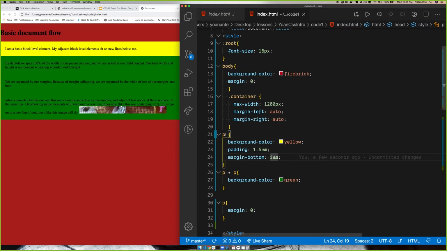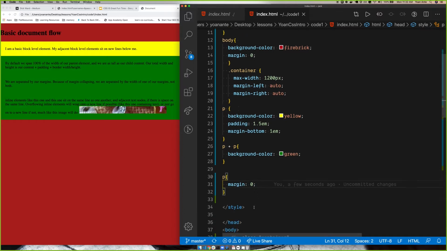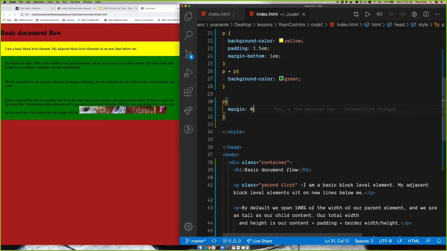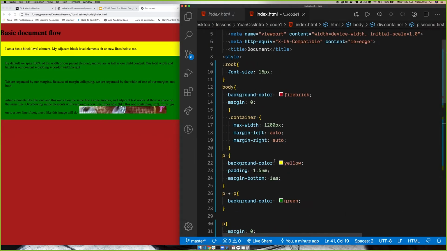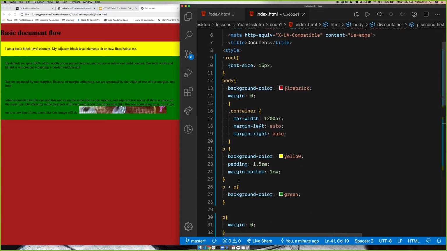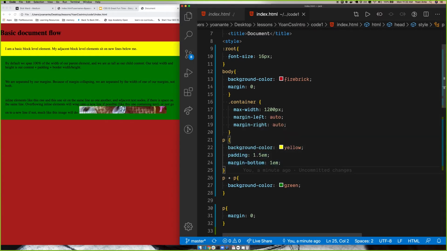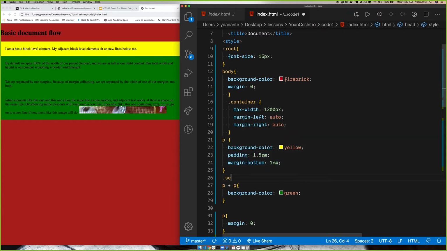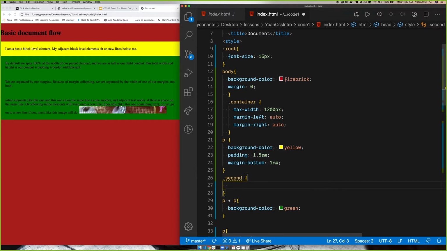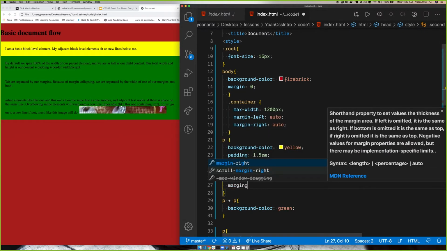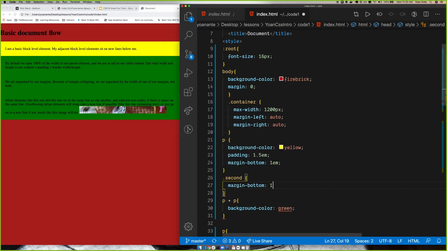And I gave this one a margin bottom of 1em, but then further down the cascade, we have a margin of 0, my styles being overwritten. So this also has a class name of second. So what I'm going to do is just say second, margin bottom of 1em. And we're going to get rid of this guy here, because that's going to be overwritten. Okay, and there is our margin